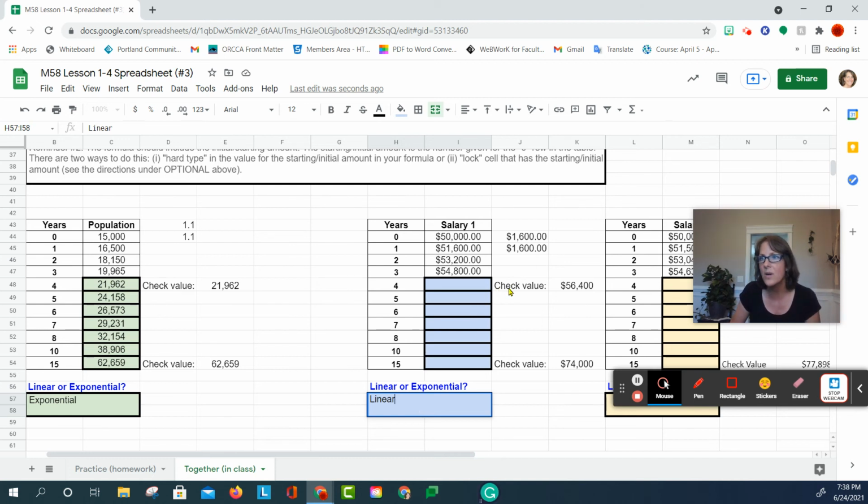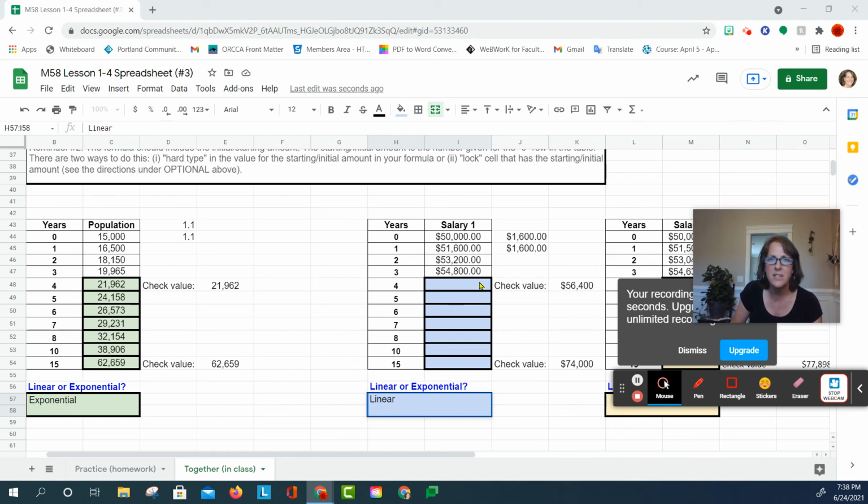All right, so now I need to enter my formula. So my formula for my constant still starts with an equal, so I'll click into cell I48 and then hit the equal bar. Now I still need to start with my beginning amount, and that is in cell I44, so I can either type 50,000 or I44. And if I'm going to use the I44, I need a $ sign, $I$44 to say lock this row, lock this column at I44. Next thing I need is I'm going